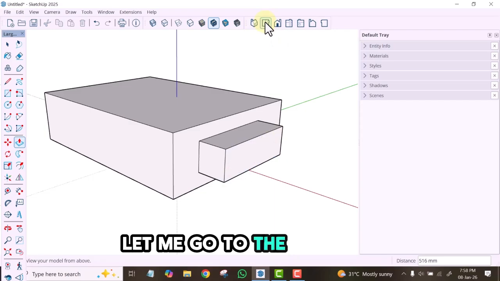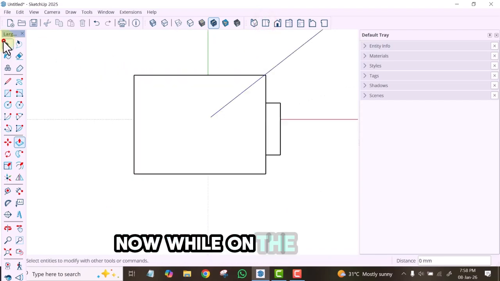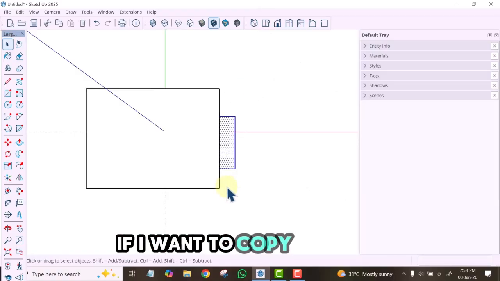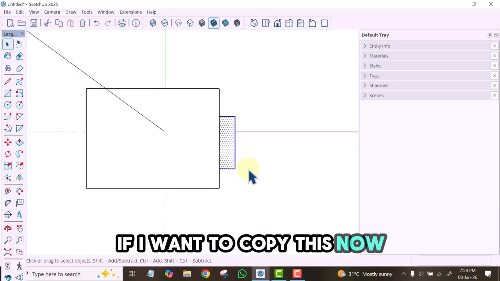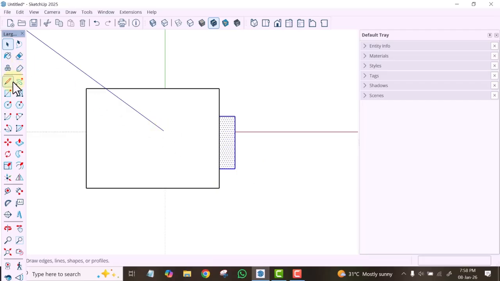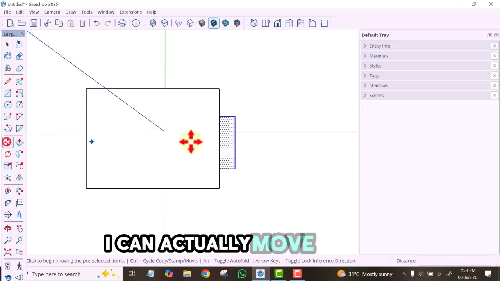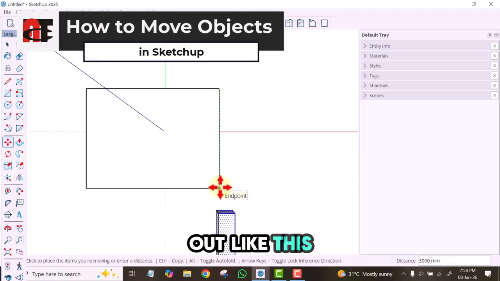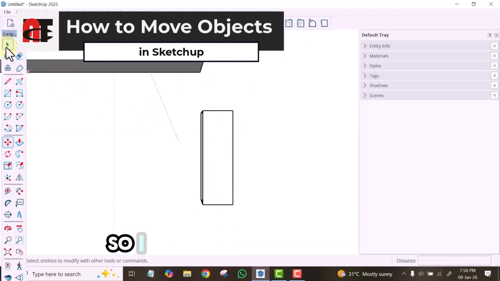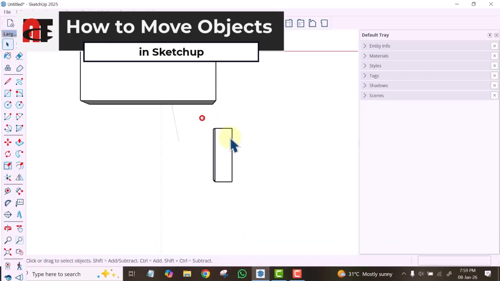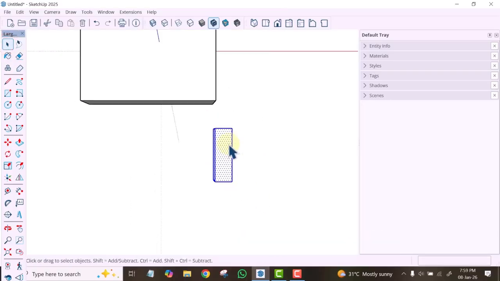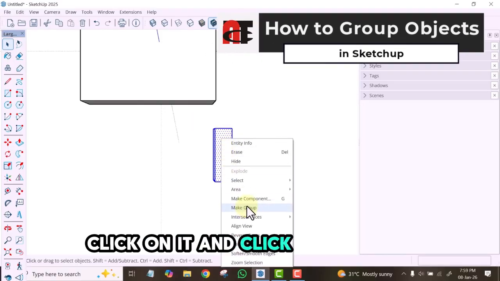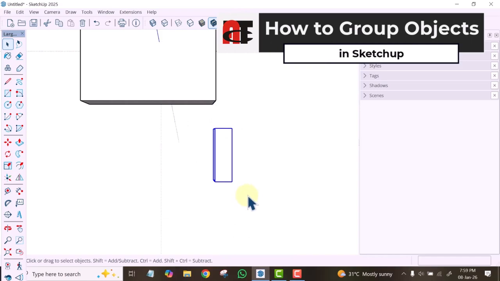Let me go to the top view now. While on the top view, if I want to copy this now, I can actually move this one out like this. So I can decide to group this. Select them, right click on it and click make group. Okay,